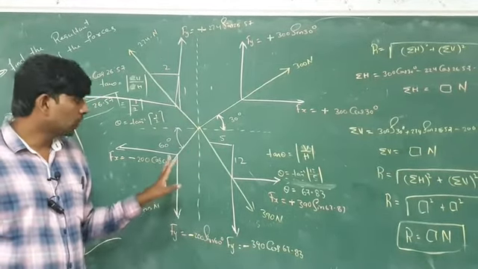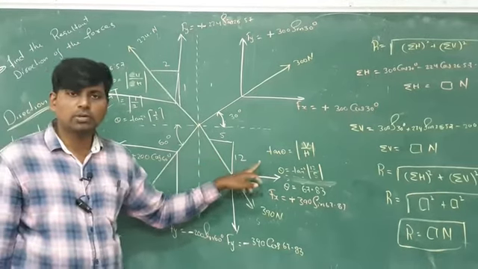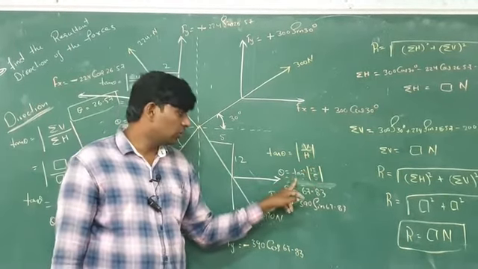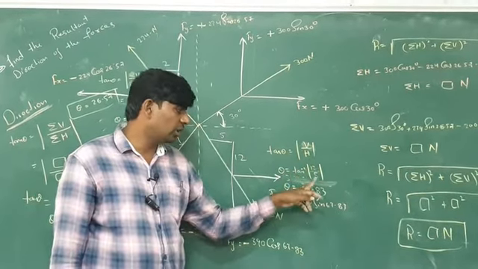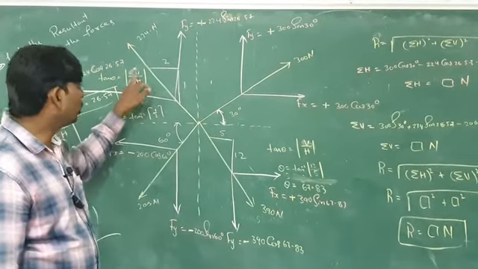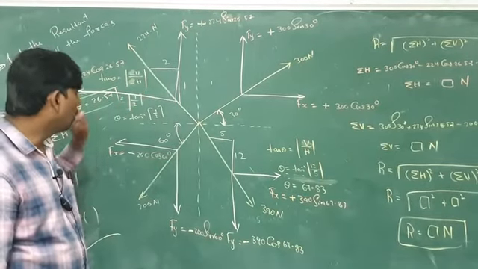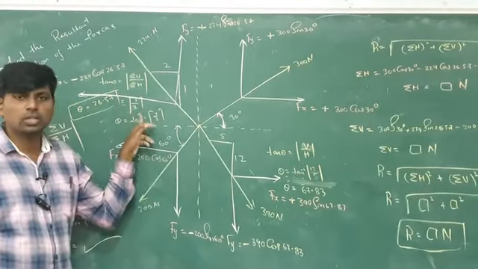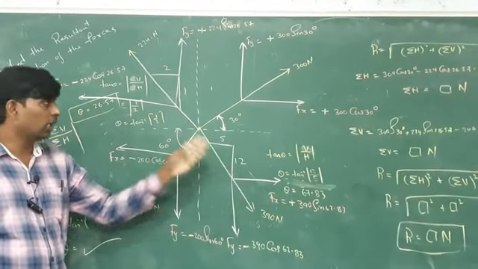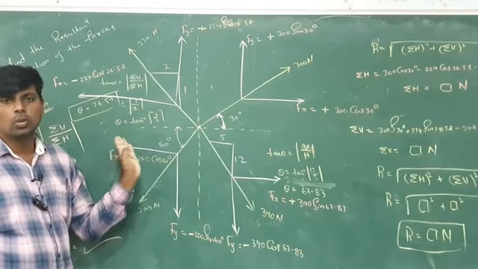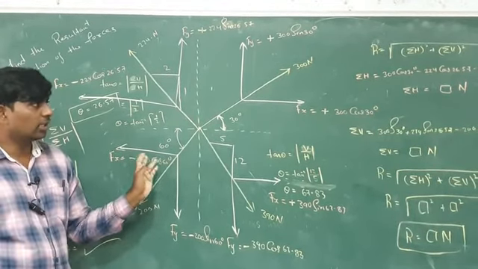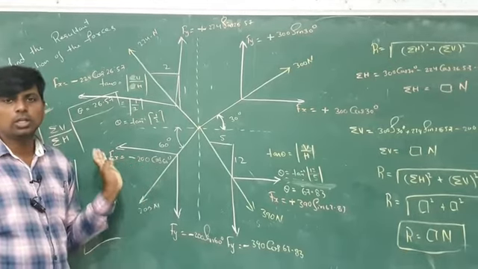Here you first have to convert these triangles with the help of tan theta equal to vertical by horizontal. Vertical is 12, horizontal is 5, and you will get the value of theta. Here also tan theta is equal to vertical by horizontal. Vertical is 1, horizontal is 2, and you will get the value of theta. With that you find the four thetas, and easily you can resolve this.